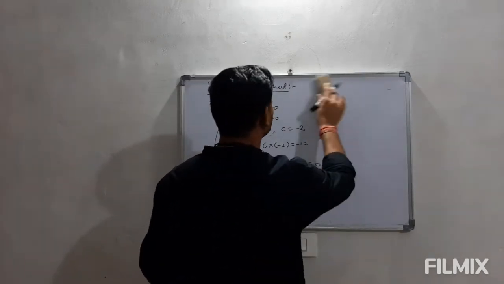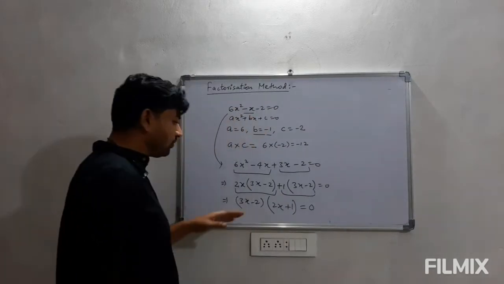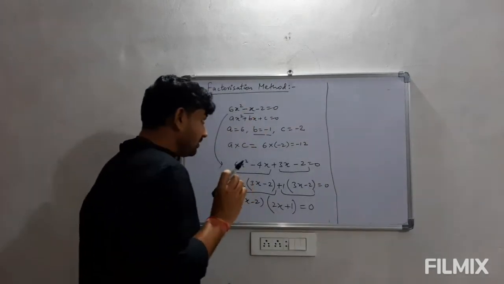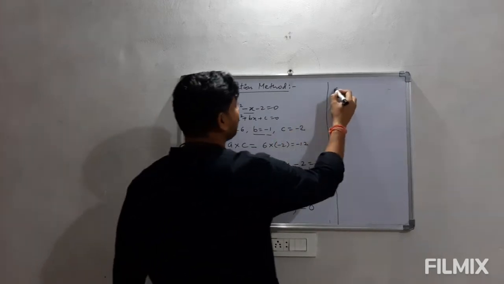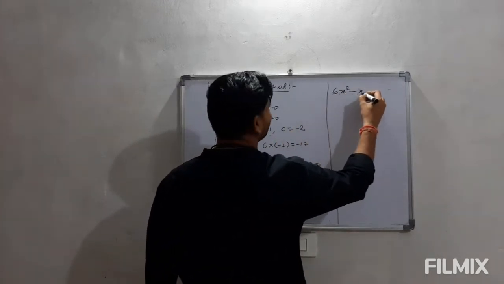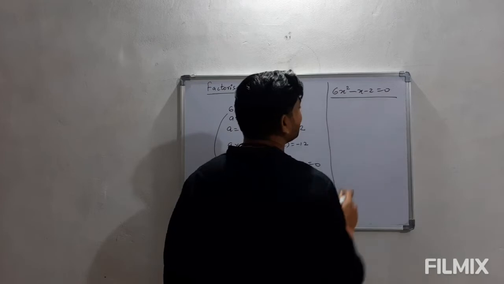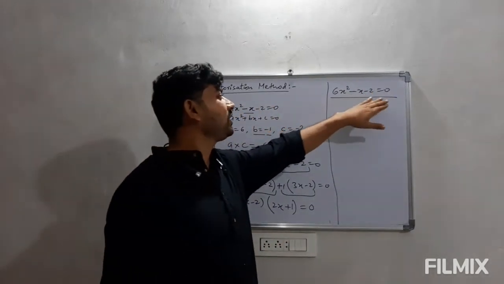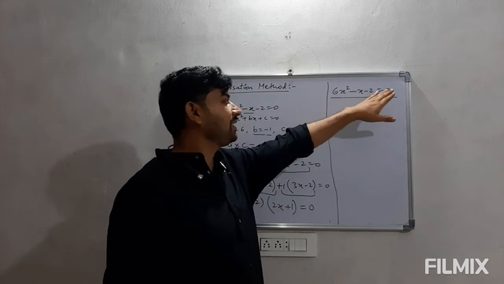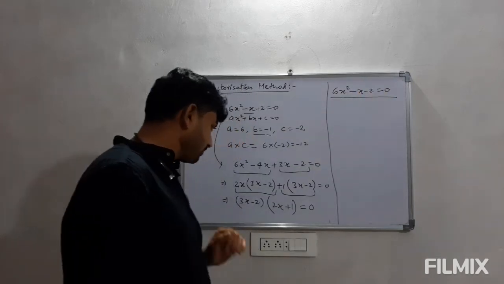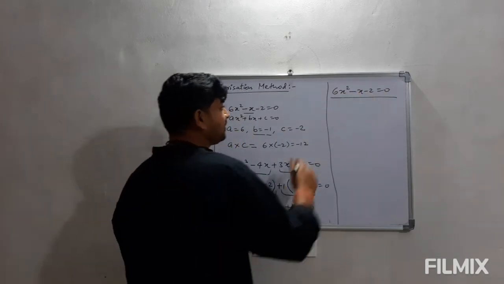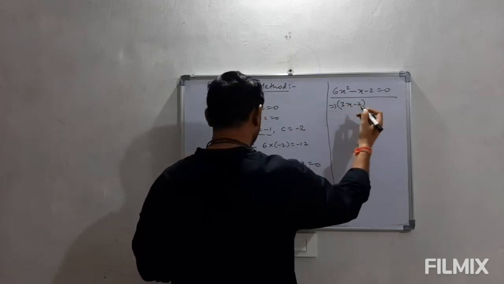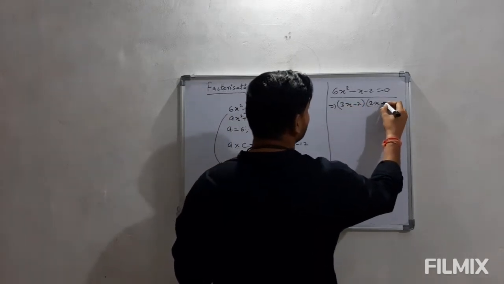Now to find the solution, what we have to do, we have to put them equal to 0. The situation is like we want to find the values of x such that this becomes 0. इस x की ऐसी वैल्यू हम निकालना चाह रहे हैं जिससे ये पूरा एक्सप्रेशन 0 हो जाए, मीन्स LHS और RHS इक्वल आ जाए, so that we have the factors here 3x minus 2 and 2x plus 1.